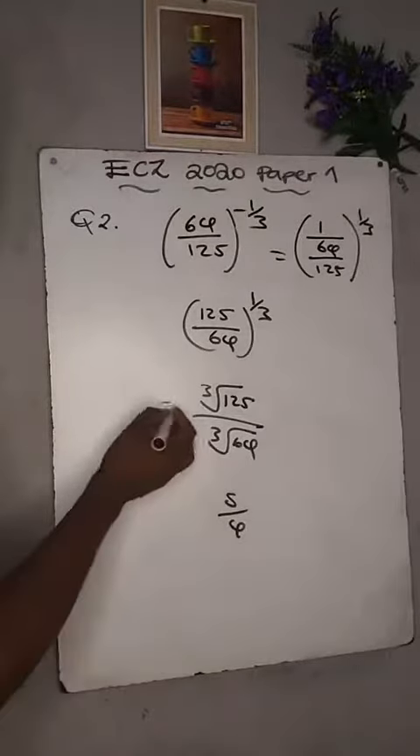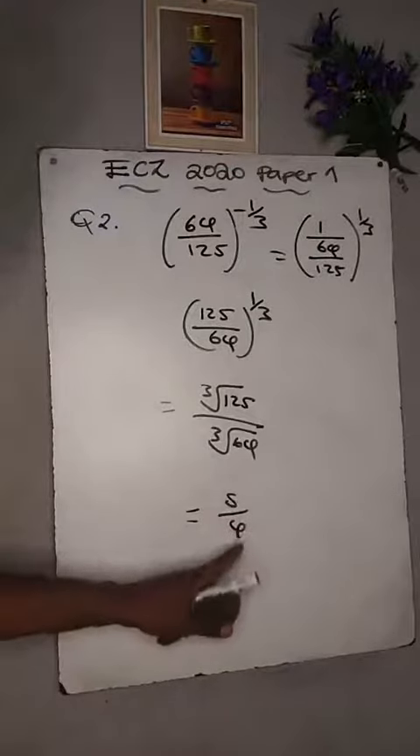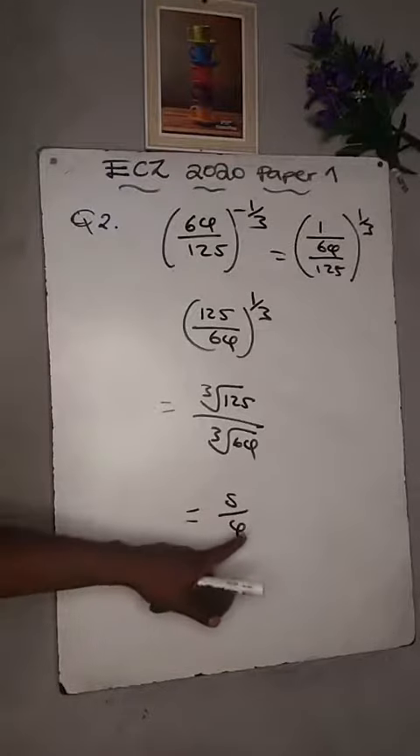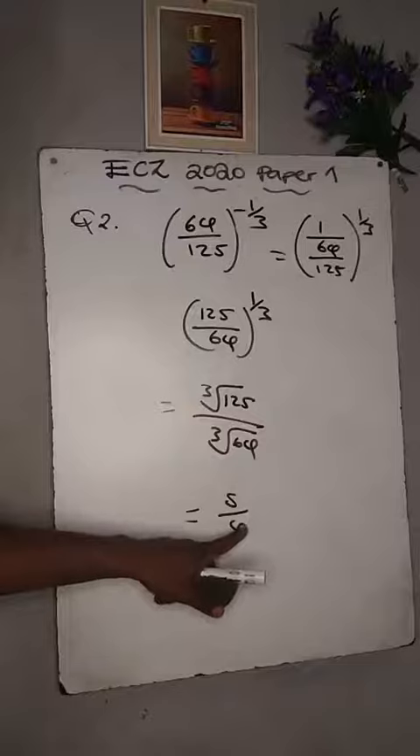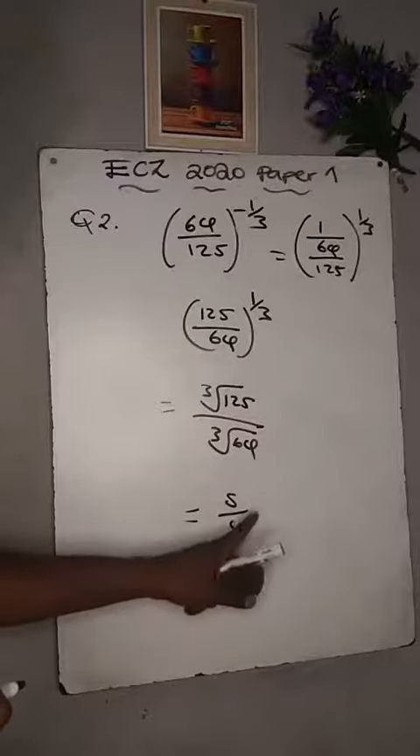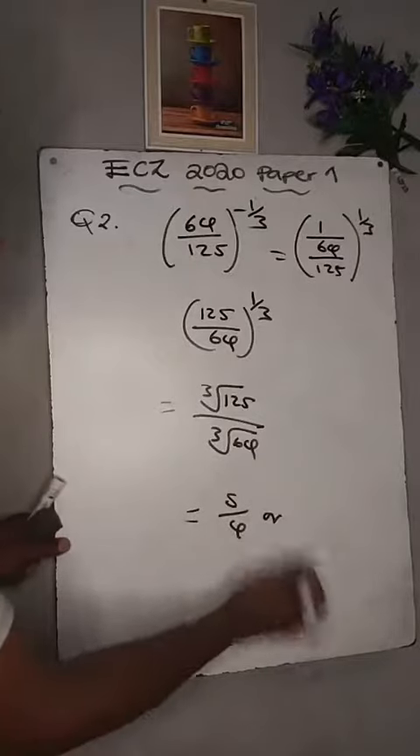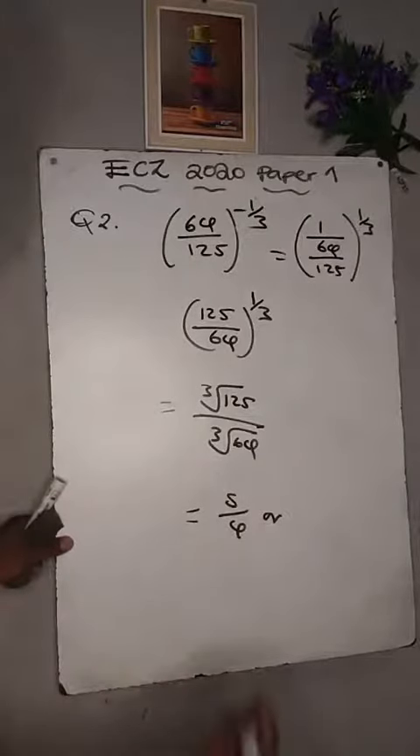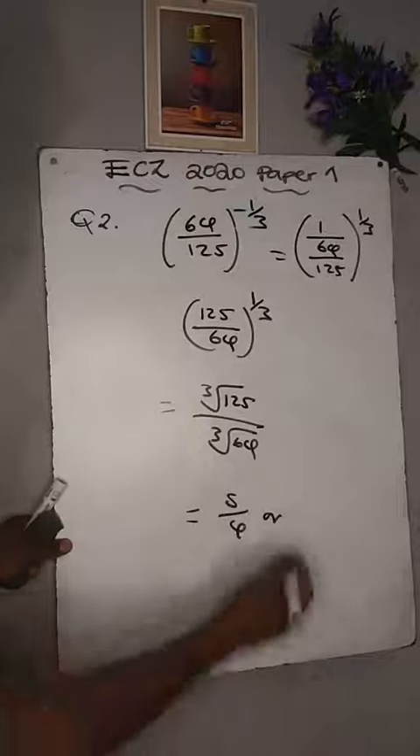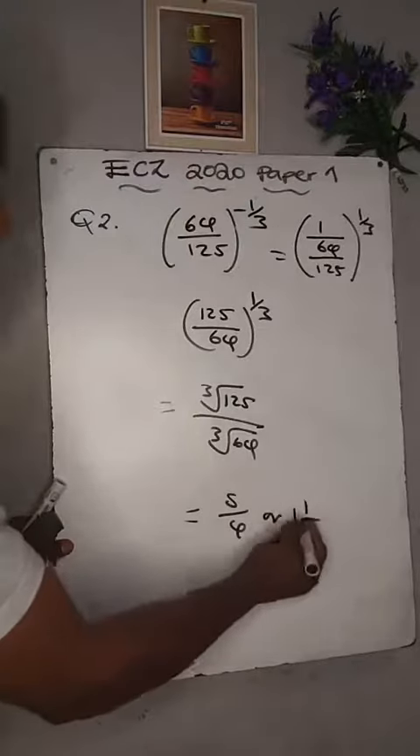Then I said that you can leave your answer as a mixed fraction or as an improper fraction, like the way it is. This is an improper fraction, but just to be safe, leave your answer as a mixed fraction. In this case, it will be how many 4s in 5? We have 1 with a remainder 1 over our denominator, which is